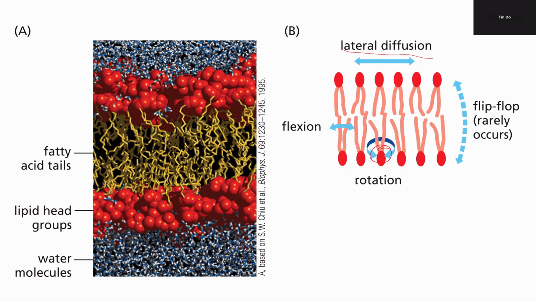The phospholipids can rotate, just like if you have cans of Coca-Cola at home, you're able to turn each can, no problem. There's really no issue with the spinning of the can or the movement of the can from side to side. However, if you're trying to flip one of the phospholipids from one orientation to the other layer, it's